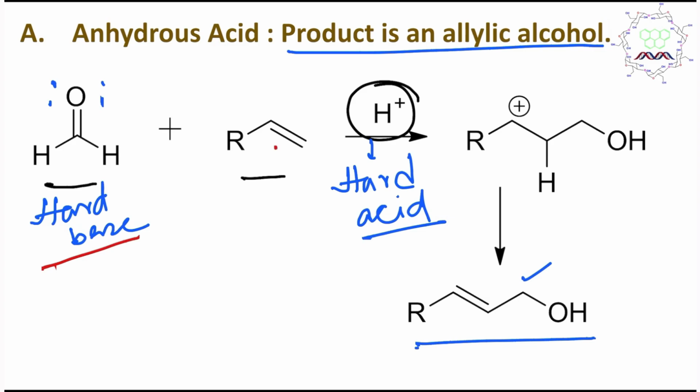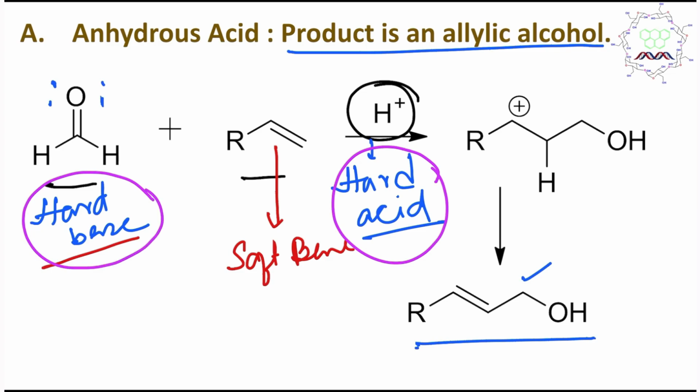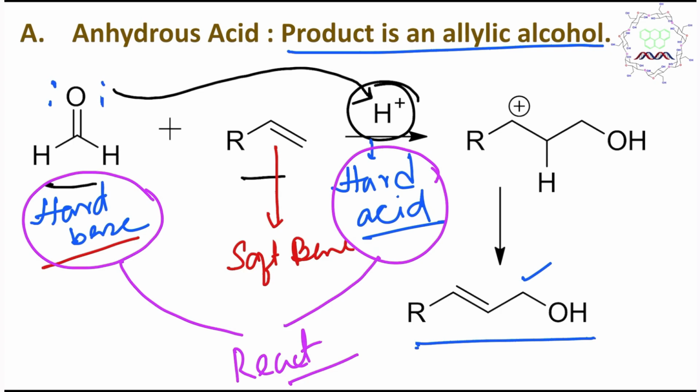But you can say, sir, we have read previously the hydration of alkene to alcohol by concentrated sulfuric acid, but isn't it possible here? Student, logically this is also possible, but remember alkene is a soft base. So if you consider the stability point of view, then a hard acid hard base combination results in more stability. So that's why these hard acid and hard base will react together in this reaction. Okay, so first what happens, this aldehyde gets protonated.